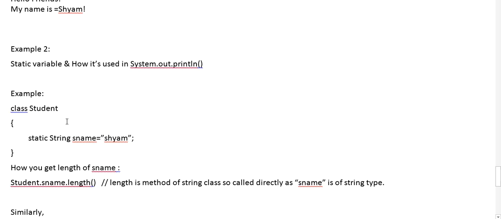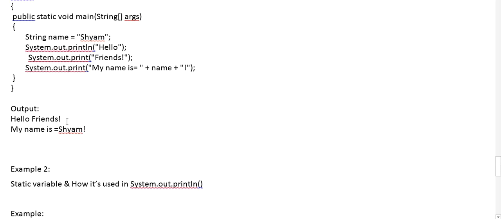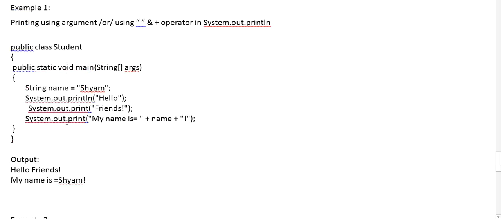Let's look at another example, using inverted commas and plus in System.out.println, and how we print the arguments within System.out.println. Here we have a class, then a main, then we have declared the string name as Sham.